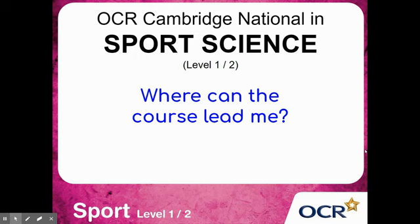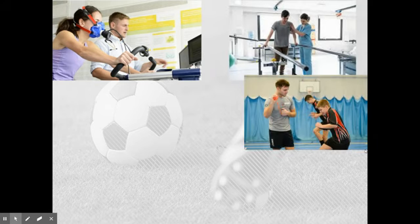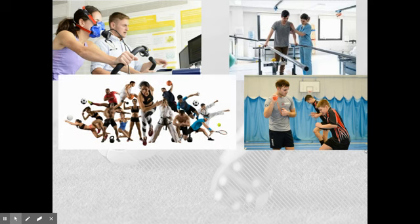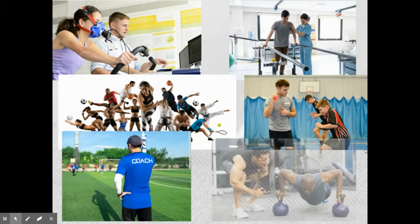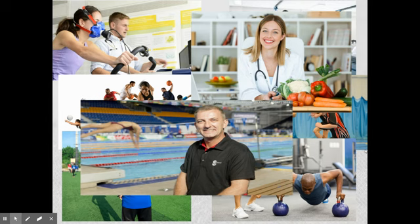Where can the course lead me? I think this is possibly the most important thing for the future for you. What sort of jobs do you want to do? Here are some examples. You could become a sports scientist, a physiotherapist, a PE teacher like me, a professional sports person, a sports coach, a personal trainer, a nutritionist, a leisure manager, or someone that works in a leisure centre,